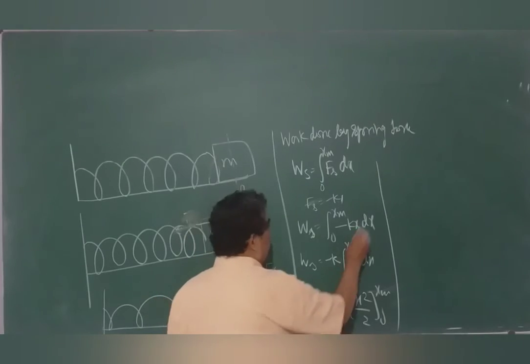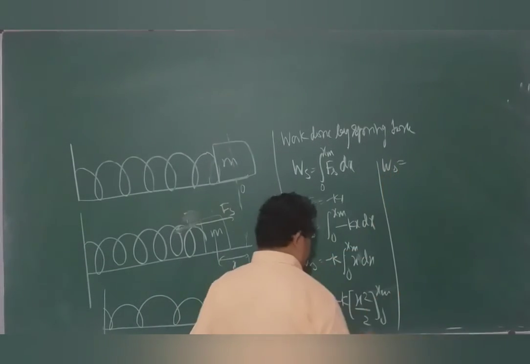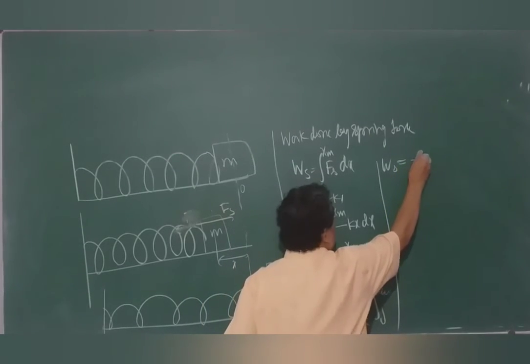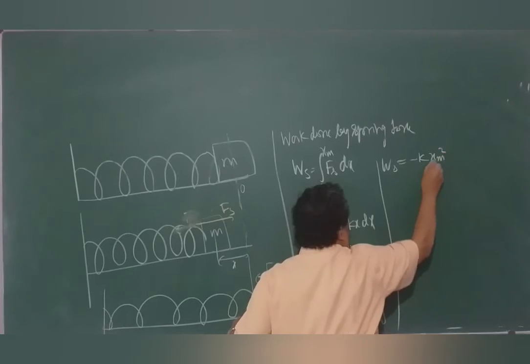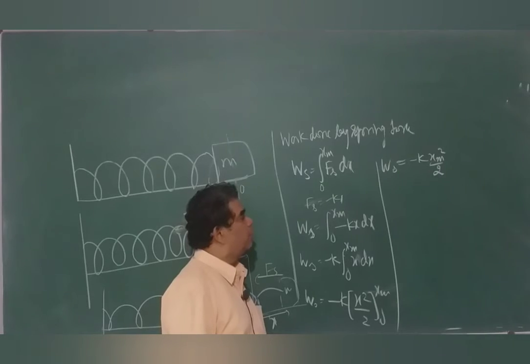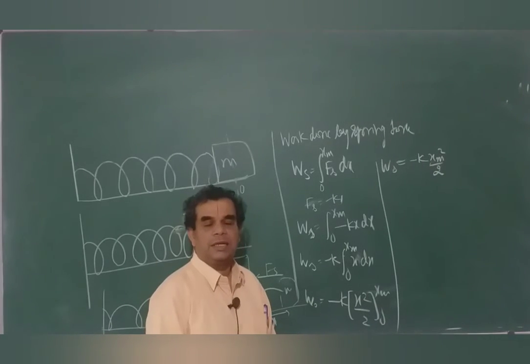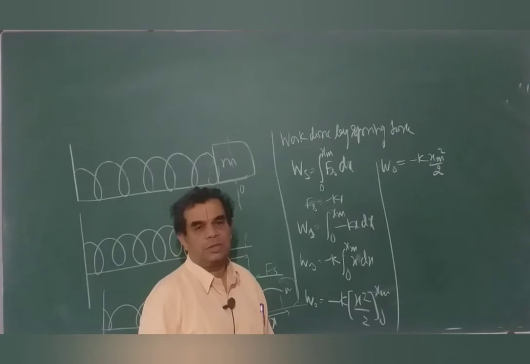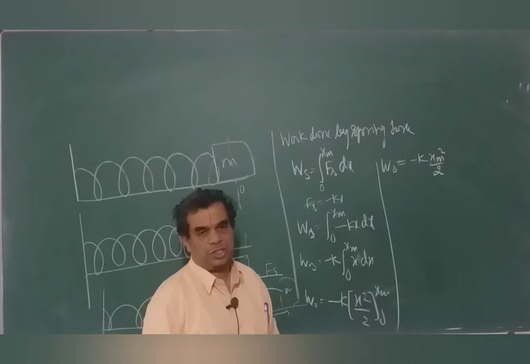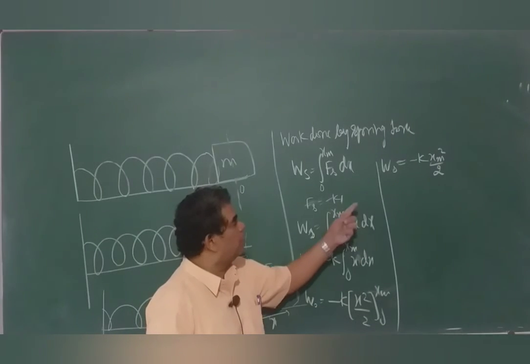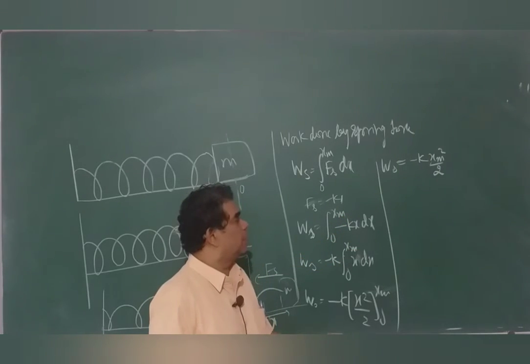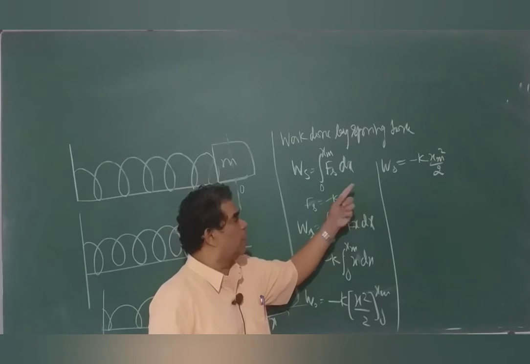that is the work done by the spring force. Now, if we substitute the limits, the maximum work done by the spring force is minus k xm square by 2. For x equals 0 substituted, that gives 0. This is the work done by the spring force. In fact, this work done by the spring force is stored in the spring as potential energy. In fact, we do equivalent work in compressing or expanding the spring. That's why we are getting negative work done for the spring.